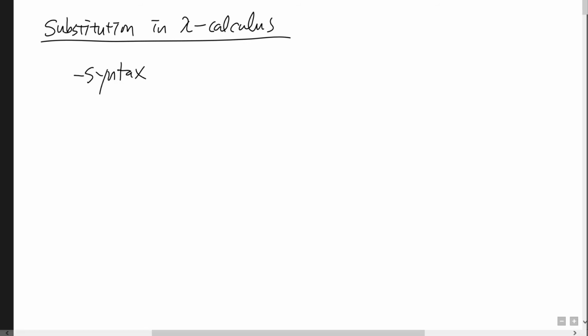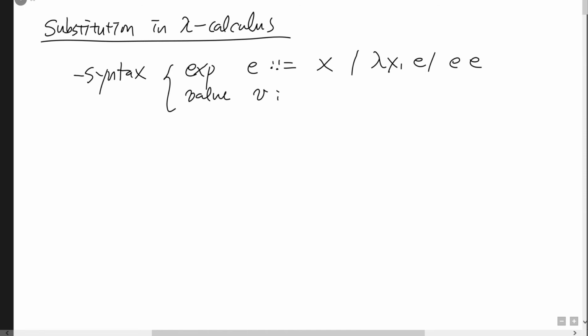of lambda calculus, where we have two syntactic categories, expressions, which are defined as variable, lambda abstraction, or application. And we have another syntactic category called value, which consists of these lambda abstractions. That's the syntax. And we also formulated the operational semantics